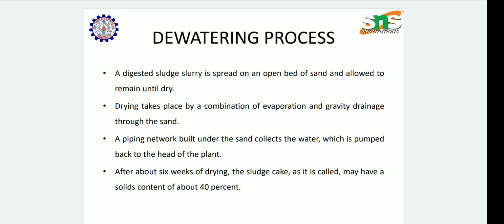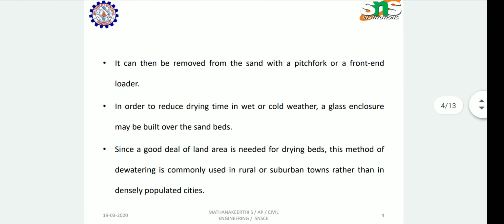After about 6 weeks of drying, the sludge cake, as it is called, may have a solid content of about 40%. From the initial 70% water content, it may come down to 40%, so 30% has to be dewatered, and it can then be removed from the sand with a pitchfork or a front end loader. It is mainly a type of scraping device consisting of a scraper to remove the sludge from the place where it is drying. To account for the climate, that is the temperature, whether the drying is carried out in cold or hot temperature,